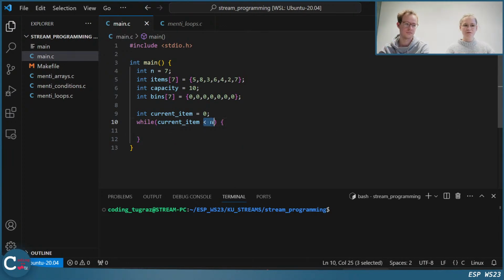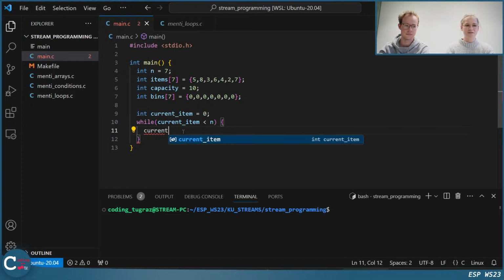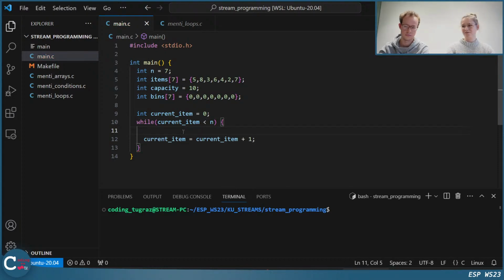And also we need to go to less than n and not less or equal to n. This would be wrong, because we would be accessing an item that's not in the array. This is a side effect of starting with 0. And the last thing in the loop, of course, is that we increase current item by 1. Let's just do it like that. There are, of course, shorter ways to do this. Maybe you know them from Python.